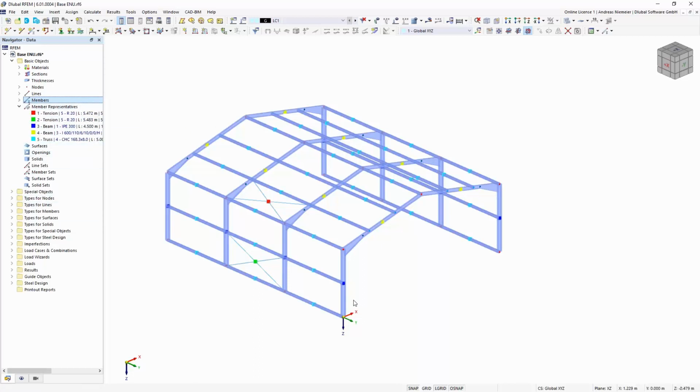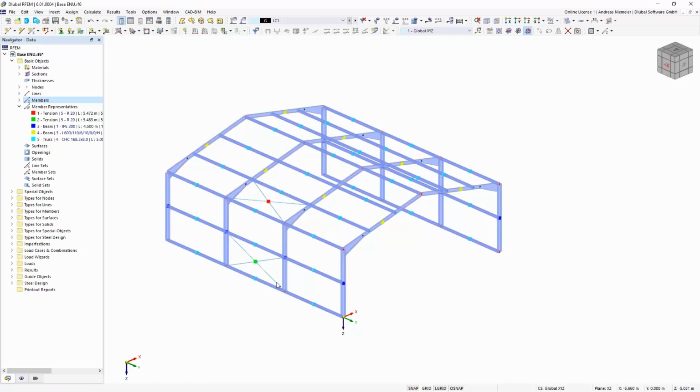He sees that, for example, this dark blue color represents a column, and the program finds out that all these columns are similar. So he selects directly all. The same for these beams on the roof. He finds out that all these 8 members are similar.